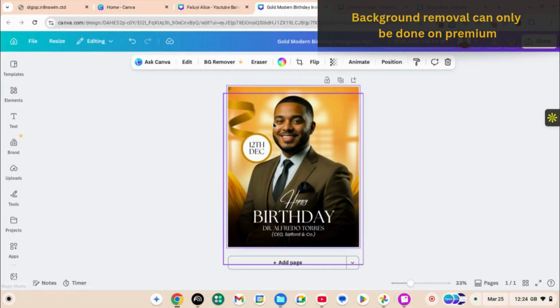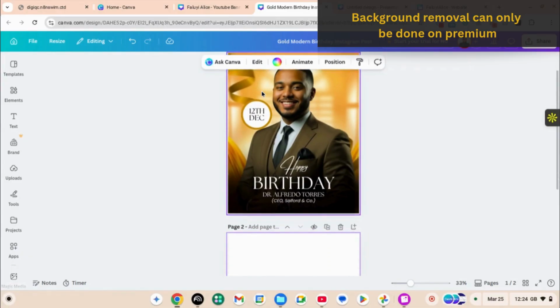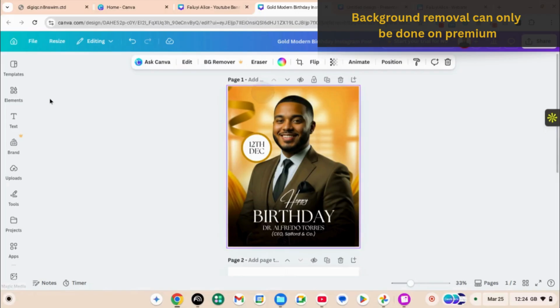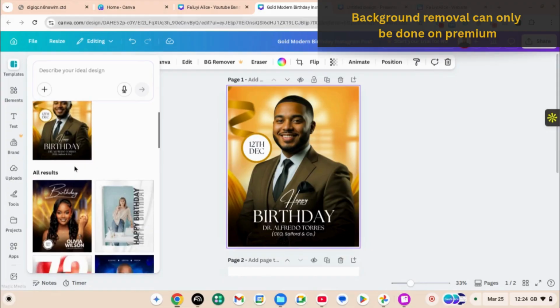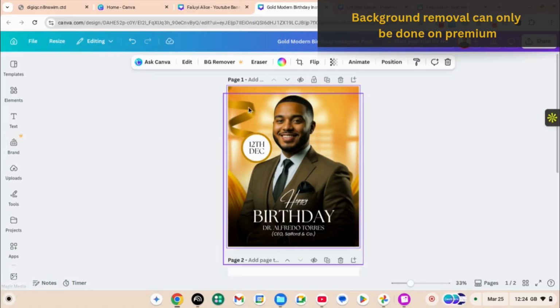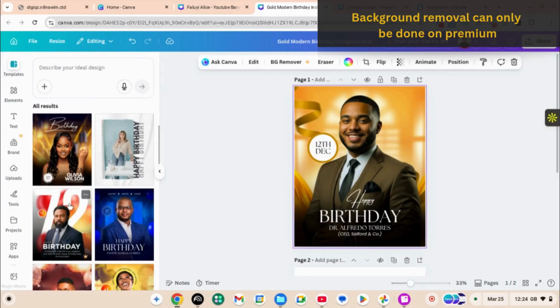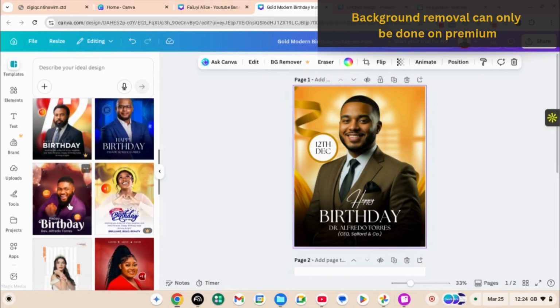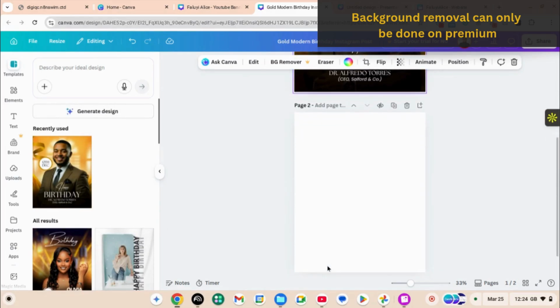Alright, so coming back to this side, I can also import this by coming to my template. We have the template on the dashboard. We also have the template here. What I mean is this. You can see that when I clicked on this, it brought us to the side. If I wish to add or change this kind of image, I can just click on this, come to template, and then look for the one I prefer. And immediately I click on the template,